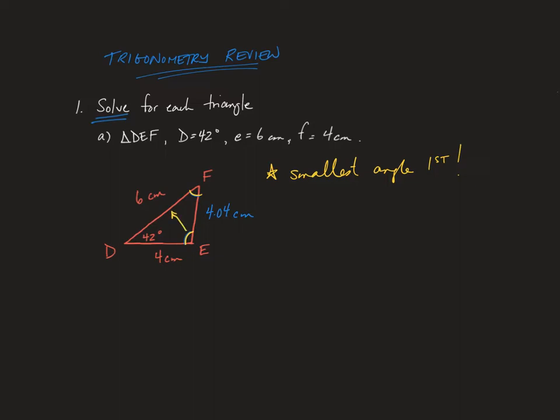That means that angle E could be obtuse. I don't know yet. But what I do know is that every triangle can only have one obtuse angle. It can't have two. You can't have two angles that are greater than 90 and then all three angles add up to 180. So if I make the decision to solve for the smallest angle first, then I'm going to